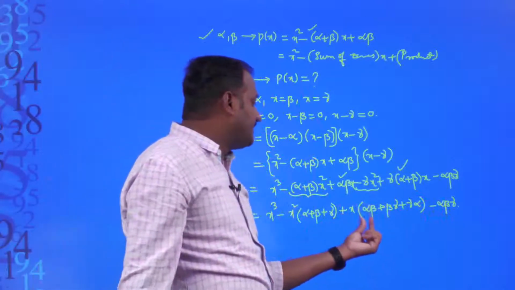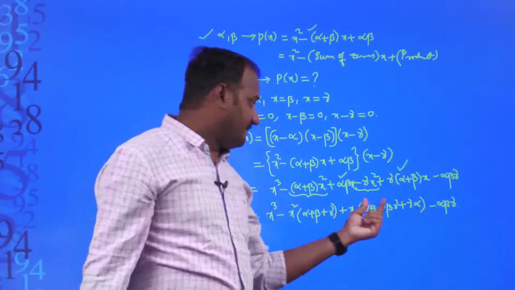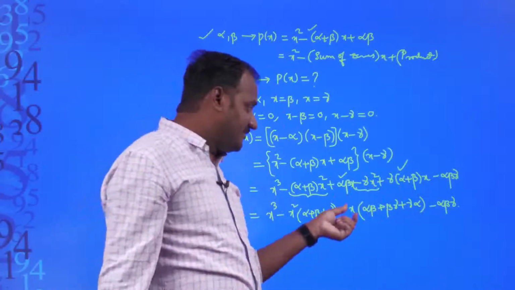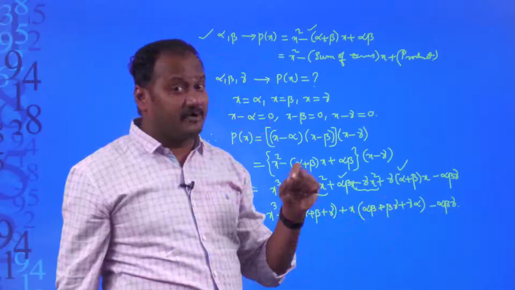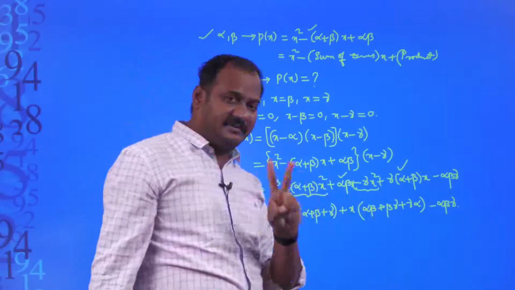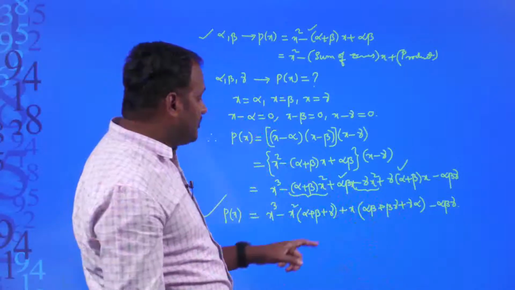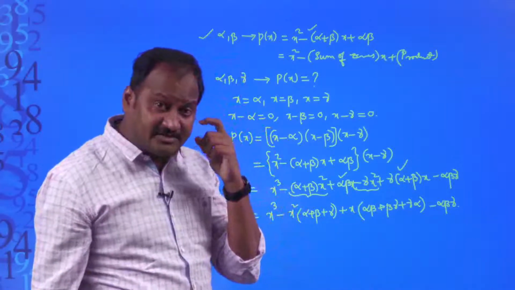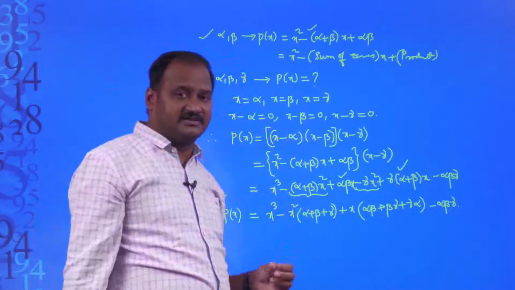Then what do you call this alpha beta plus beta gamma plus gamma alpha? Alpha into beta is a product of two zeros, beta into gamma is a product of two zeros, gamma into alpha is a product of two zeros, and we are adding them all. This is basically the sum of product of zeros taken two at a time, because alpha and beta are two zeros, beta and gamma are two zeros, gamma and alpha are two zeros. That is why we call alpha beta plus beta gamma plus gamma alpha the sum of product of zeros taken two at a time,